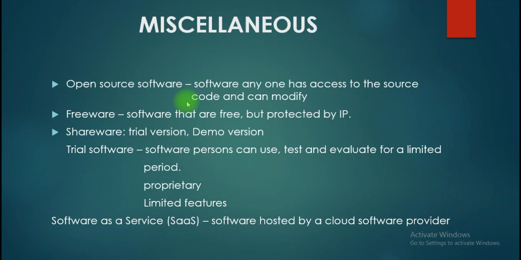Now finally, there are some terms here that I want to share. First of all, we have open source software, and these are software where one has access to the source code and can modify it, and I mentioned the Linux operating system, so that is open source. There is also Open Office, which is open source software. So if the software is open source, it simply means that where IP, intellectual property, is concerned,